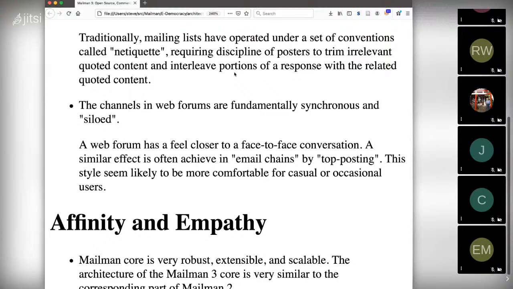As I mentioned, the web forum has a feel that's closer to a face-to-face conversation, and a similar effect can be achieved in email chains by top posting. So this seems to be more comfortable for casual or occasional users, and you do see such conversations occurring on mailing lists. TLUG tends to be that kind of thing where you have a back and forth. You don't see lots of heavily branching threads.